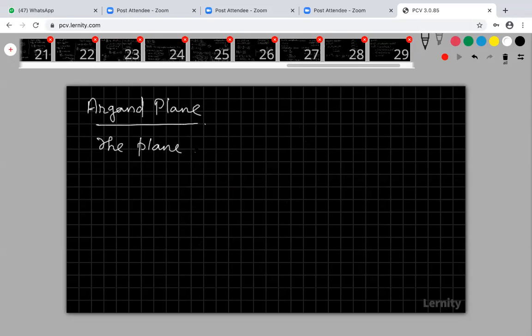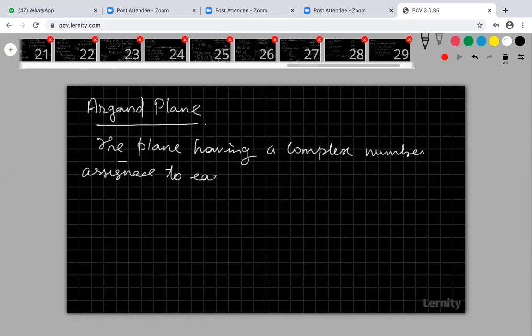The plane having a complex number assigned to each of its points